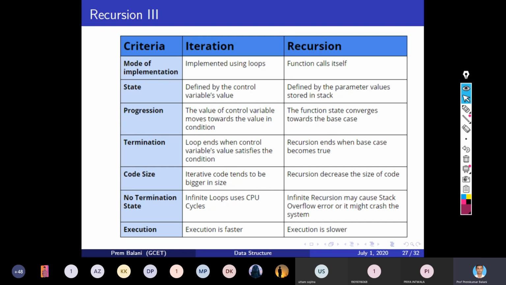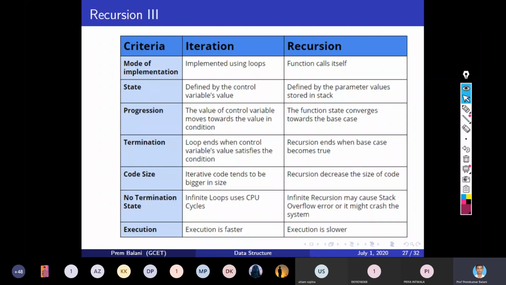I can explain this. As you write for integer i equal to 0, i less than 10, i plus plus, here you define the iterative process with the help of a control variable. i is a control variable. While in recursion, it is defined by the parameter values stored in the stack.